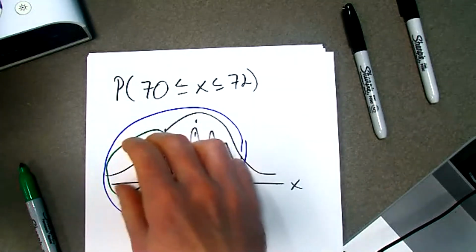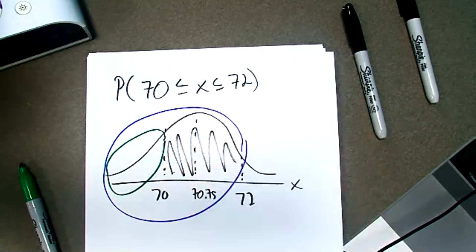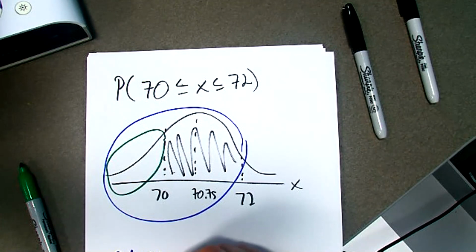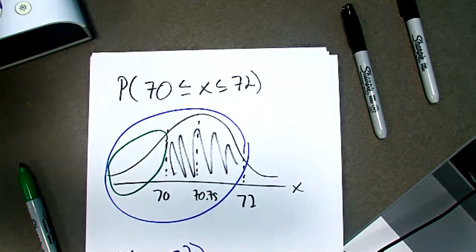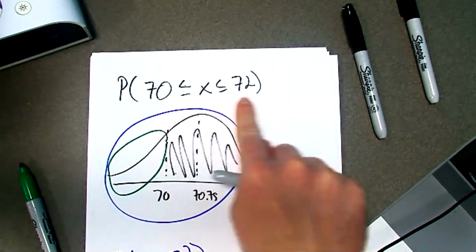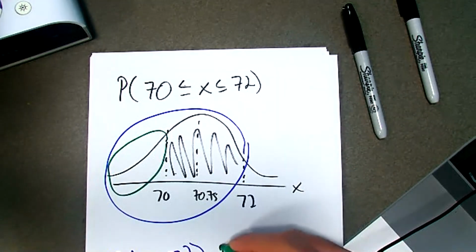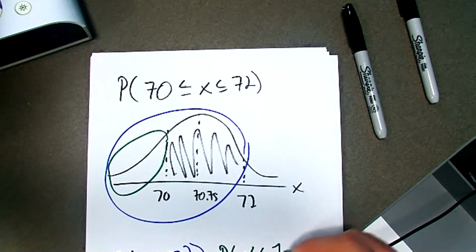If I subtract this green area from the blue area, I'm left with what's in between the two. Think about what I'm doing there. That blue area represents the probability that x is less than 72. I only want the numbers between 70 and 72. So I need to subtract from this all the values